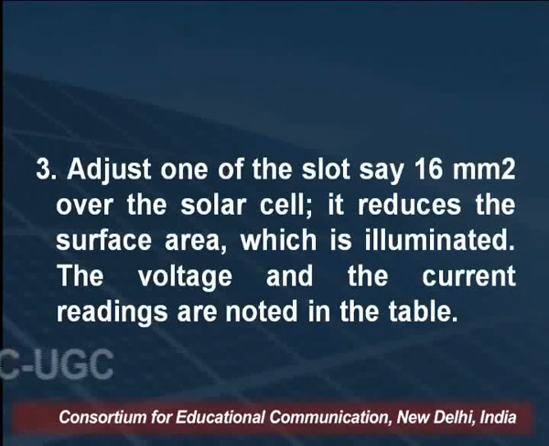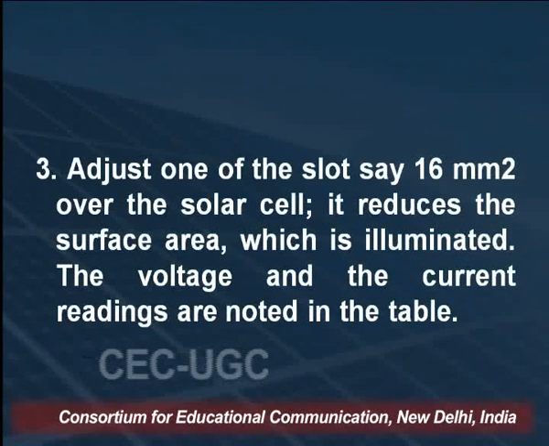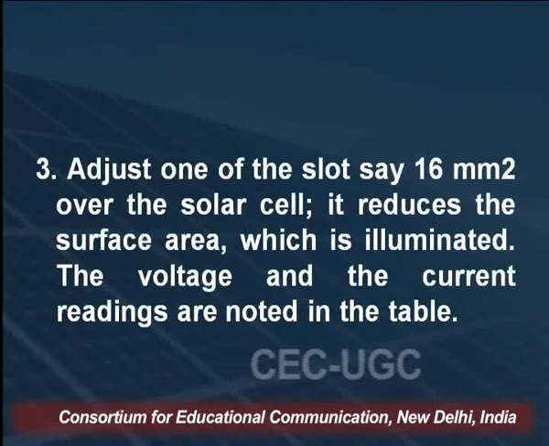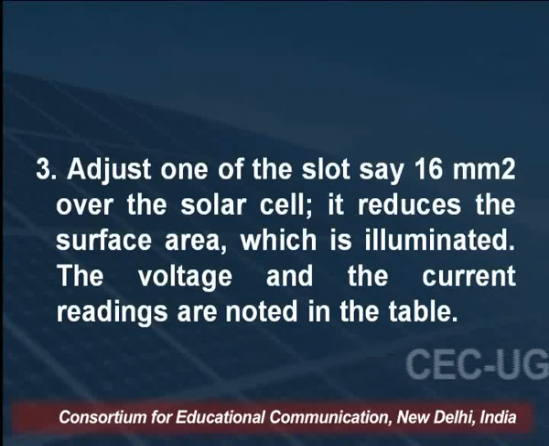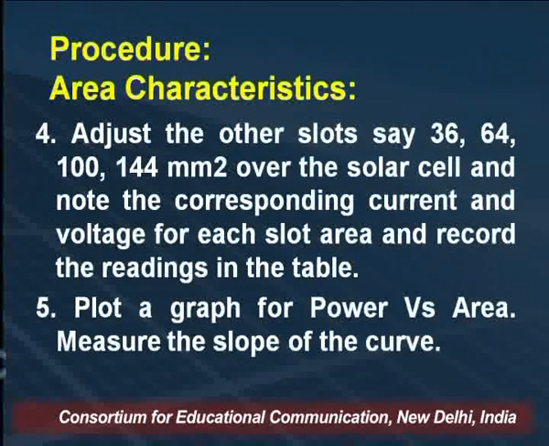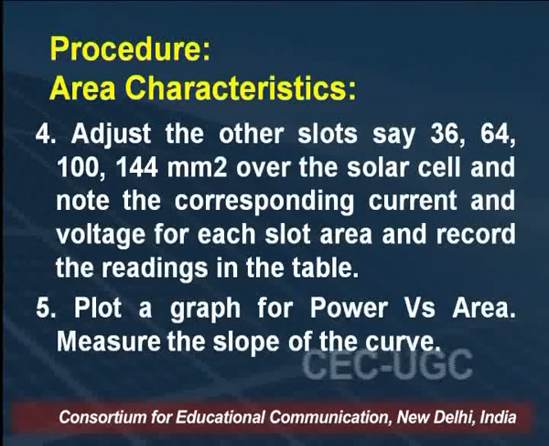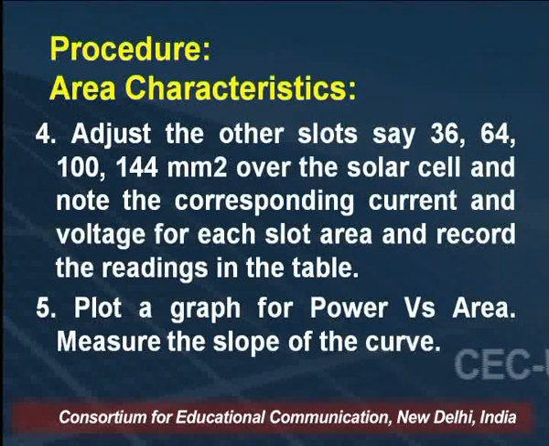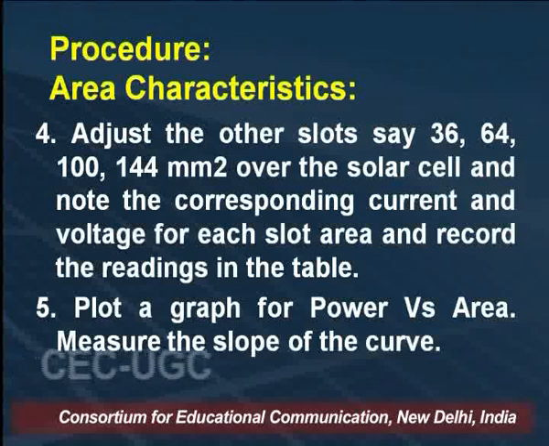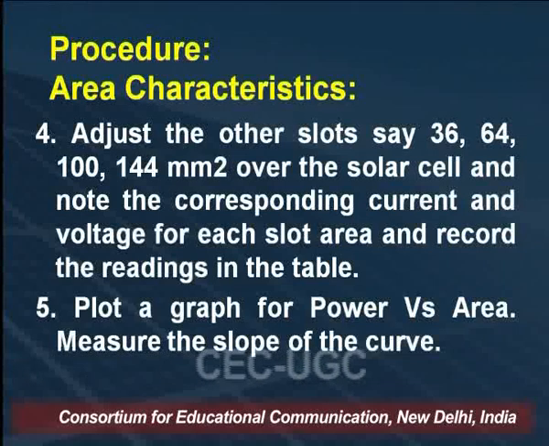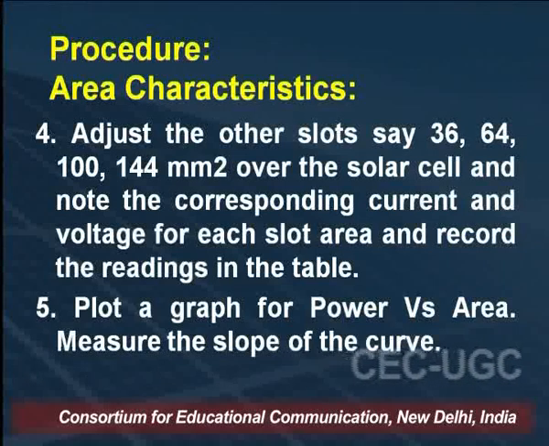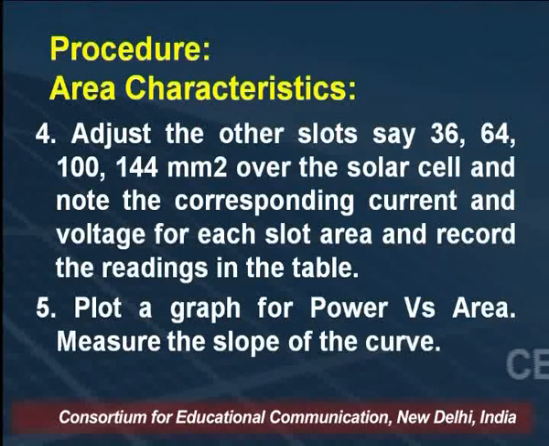Then adjust one of the slots, say 16, over the solar cell, which reduces the area that is illuminated. The voltage and the current readings will be noted in the table. Adjust the other slots, say 36, 64, these areas in millimeter square, over the solar cell,